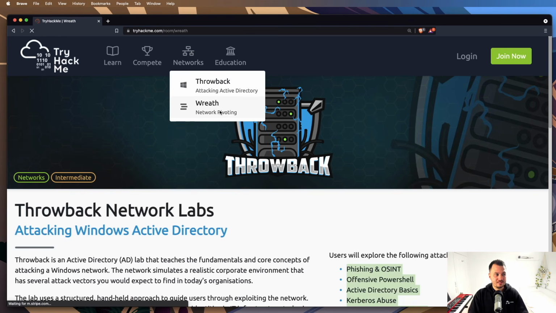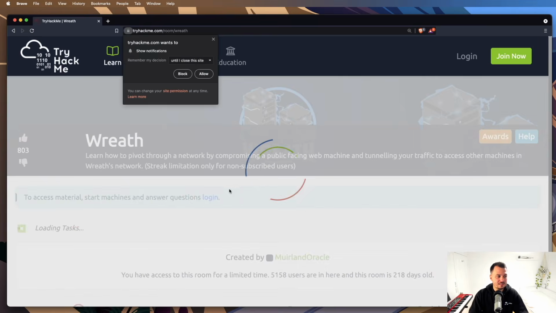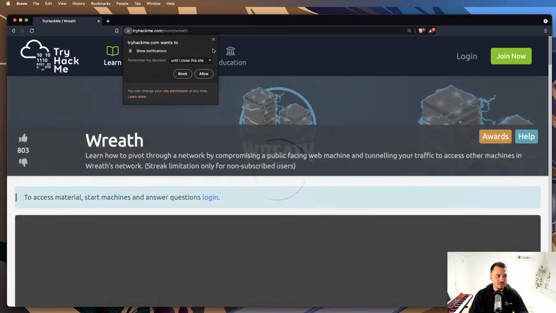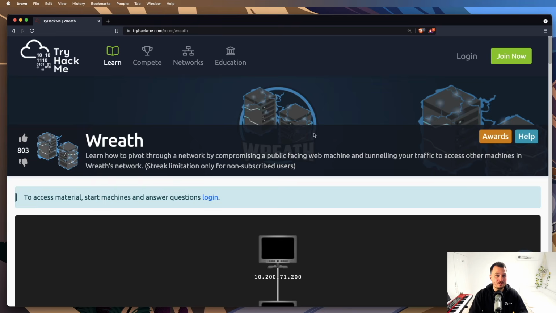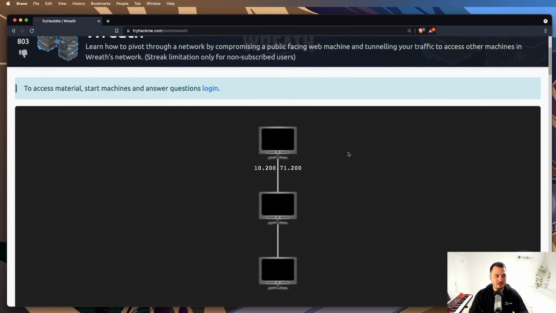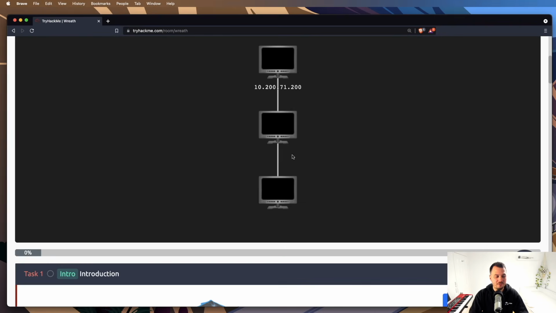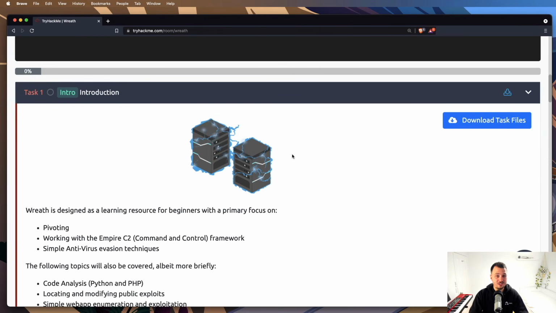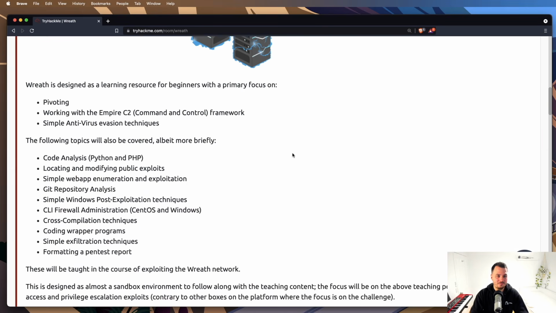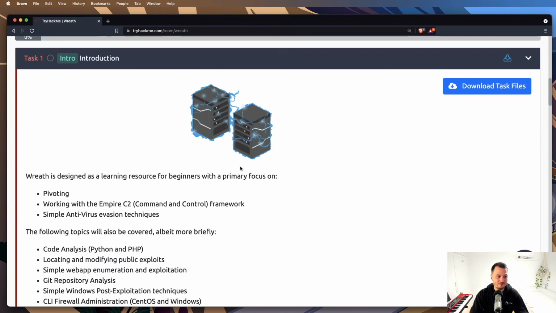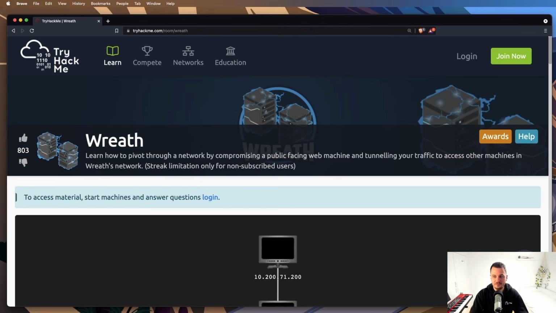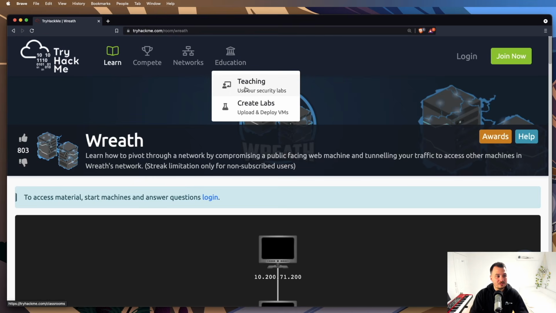And then there's this other network here called Wreath, which looks like it teaches network pivoting, which is a super underrated skill. You do a little bit of it if you've done OSCP. You have to do a little bit of network pivoting in the labs, but you actually don't need to, because you can just do the OSCP exam without doing any labs and still pass. So if you want to learn pivoting, this is probably a good way to do it. Yeah, there's lots of different techniques involved there. Anyway, there's also the